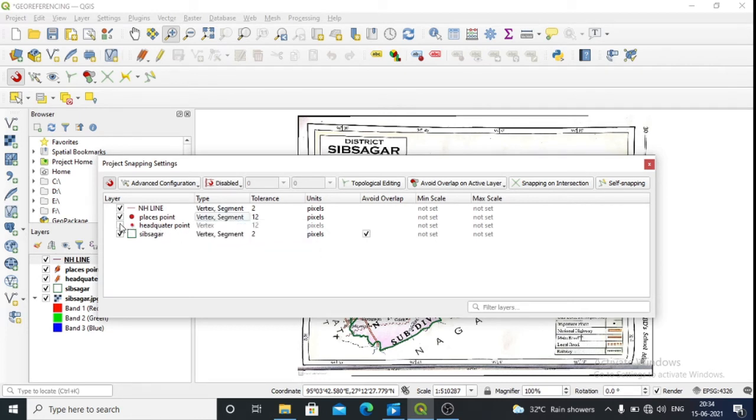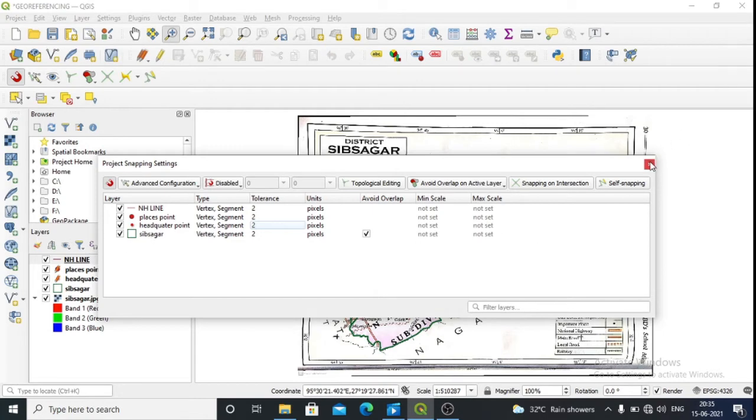Headquarter also make it as segment vertex. Then change the tolerance level to 2. Okay, so everything is done now.